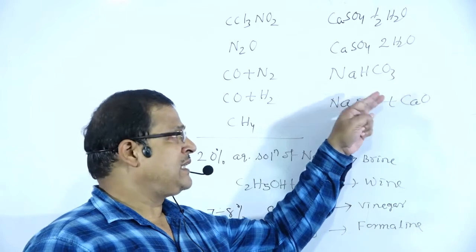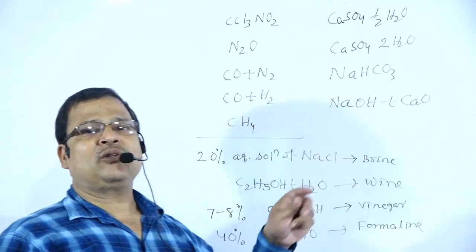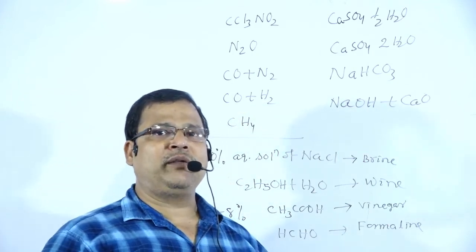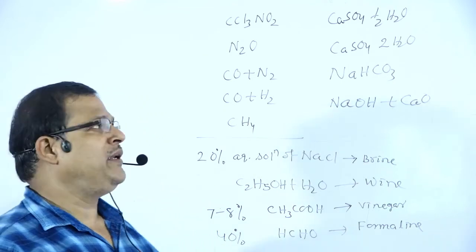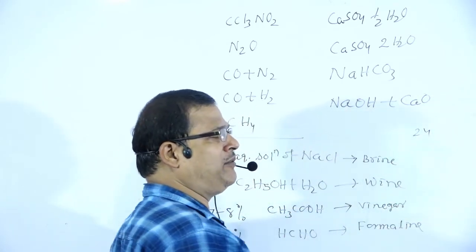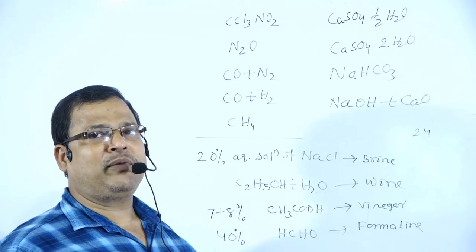Besides chemical names, there are other names we have to remember, and we are also given the atomic numbers of the elements. The element having atomic number 24, you have to remember up to atomic number 30 at minimum.